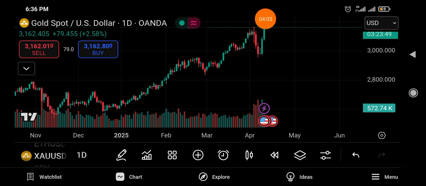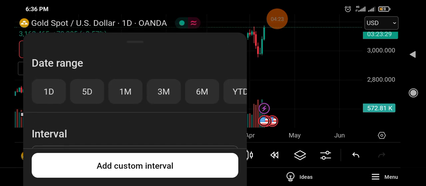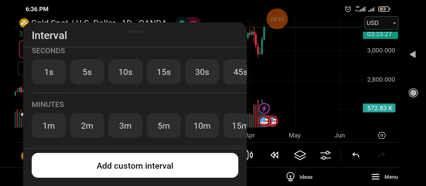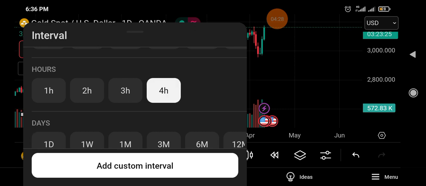Okay, so the question now is, what is going to happen with gold tomorrow? This is a daily time frame. Is it going to buy? And if it's going to buy, where is it going to buy to? Is it going to sell? And if it's going to sell, where is it going to sell to? Now, to answer that question, we want to get to a 4-hour time frame tomorrow. So by 11th of April, you want to check your 4-hour time frame.